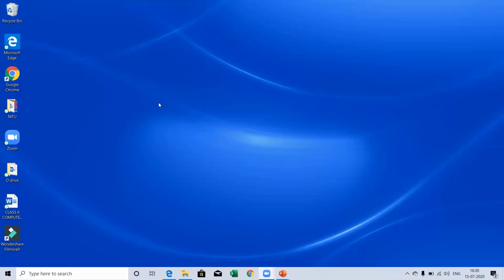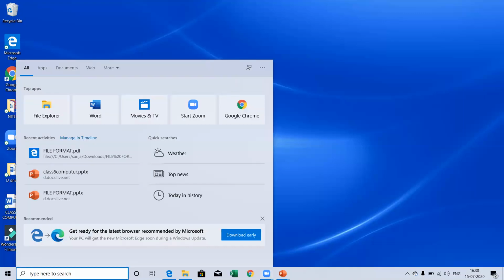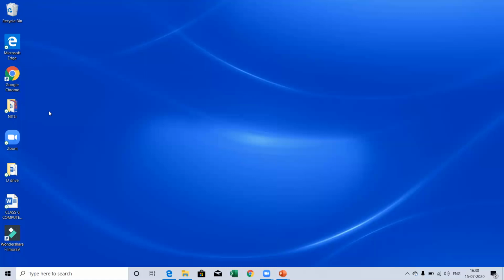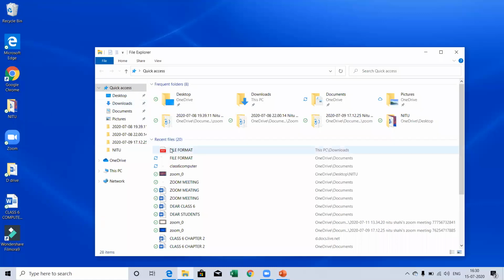So for that, first of all, we will go to File Explorer. You can click on the Start button, and in search, you can search for File Explorer. This is my File Explorer. You can click here, and when File Explorer opens, you can search your file. These are my files.